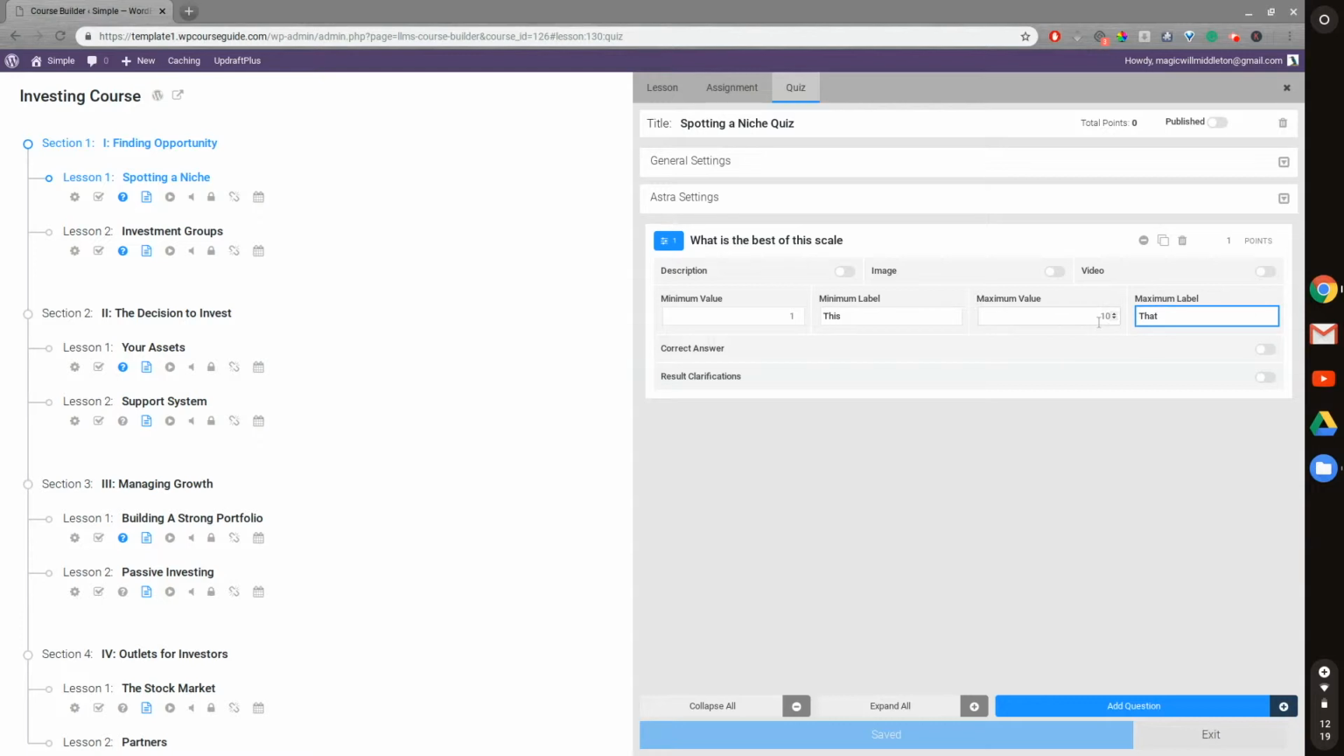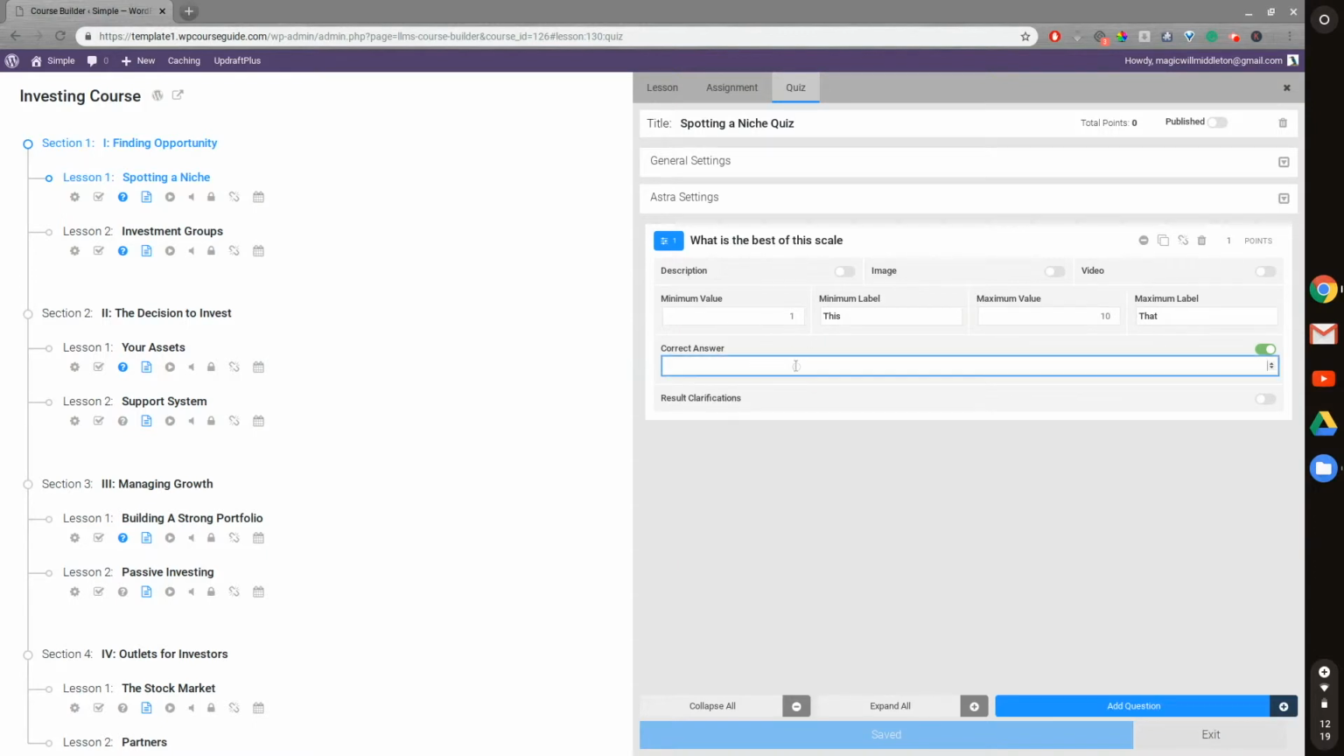And the neat thing here is you can have this be automatically graded if you put in a correct answer here. We'll just say the correct answer will be 5. And you can see that there. Now let's update this, save our changes,